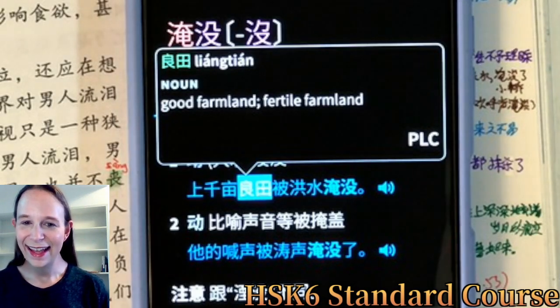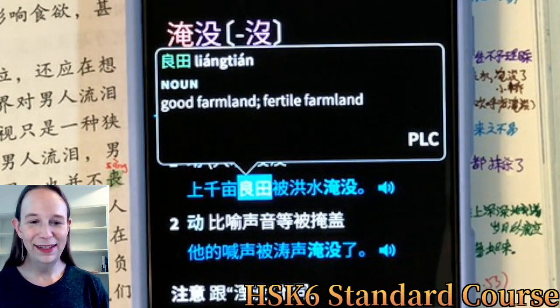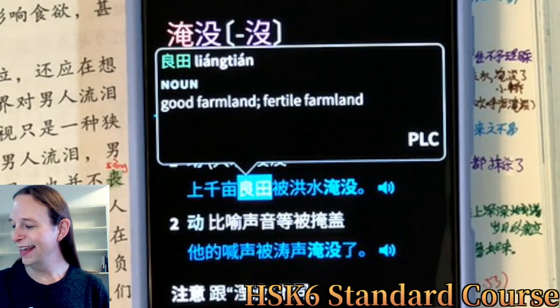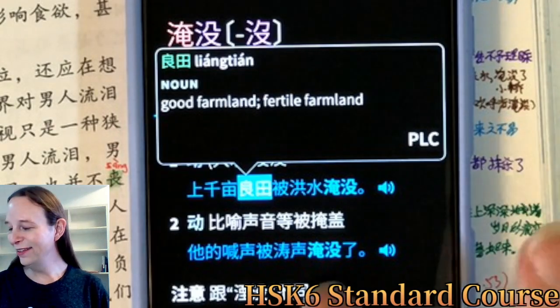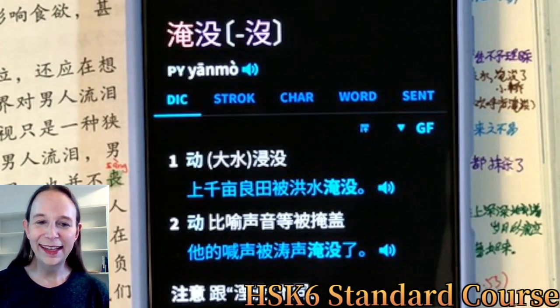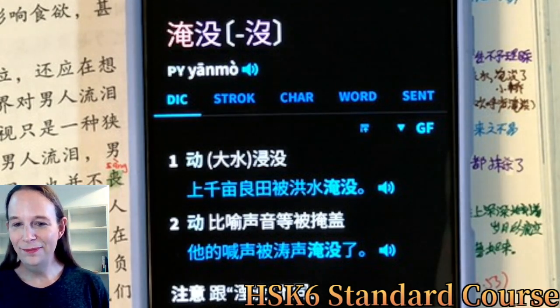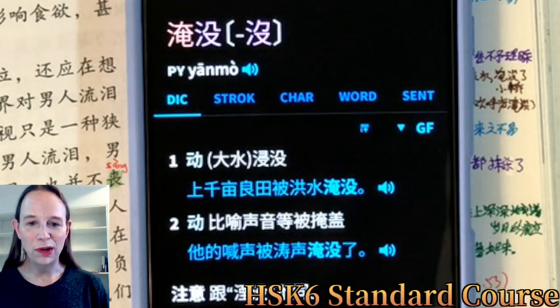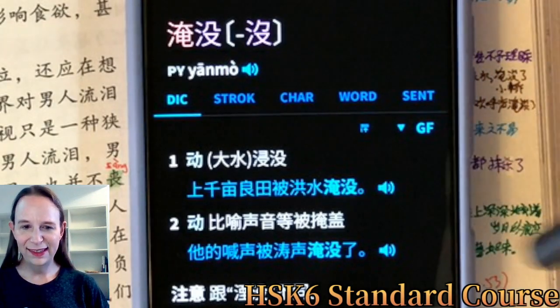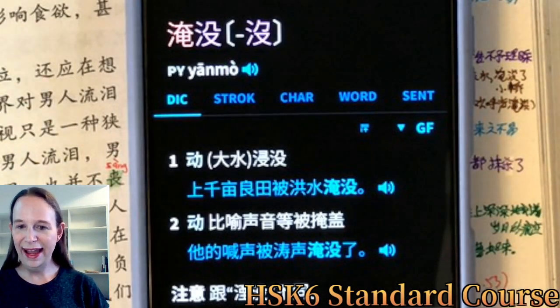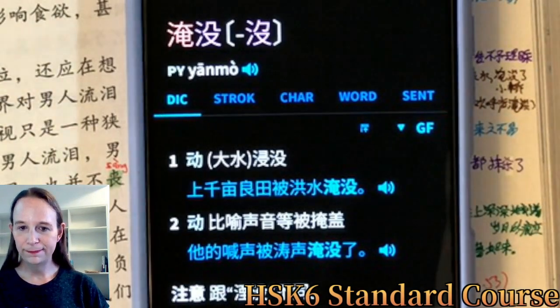I think Tian we all learn very early on because our teachers are keen on teaching us Chinese characters, and Tian is quite an interesting character, right? You just, oh, okay. And then you find most of the characters are not really like that. Not as easy as that. 被洪水淹没. Okay, so this is submerged or covered by flood water.